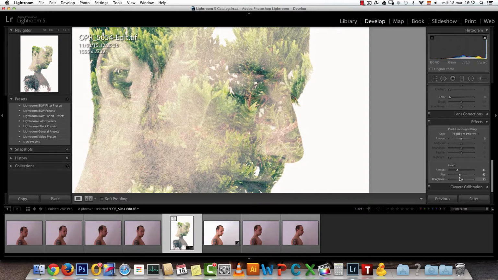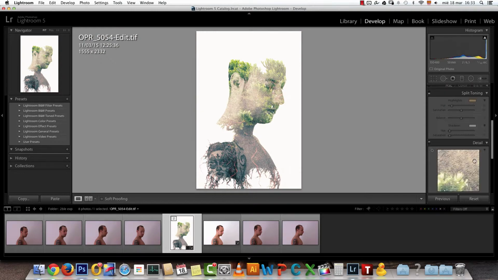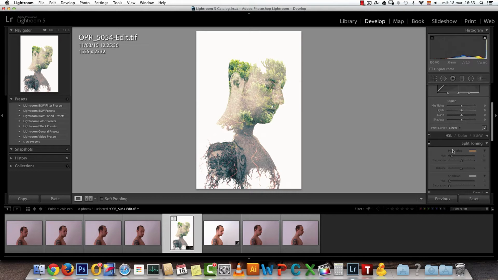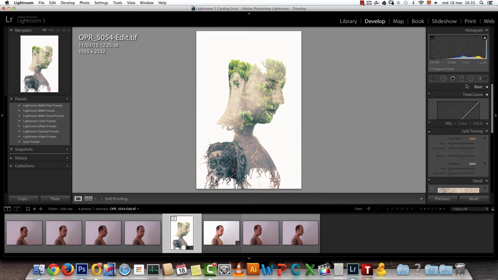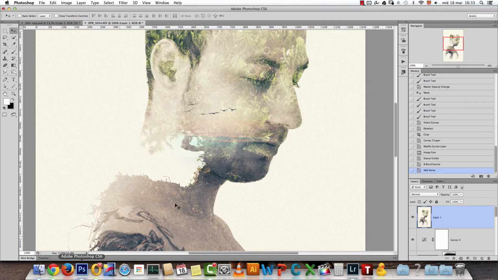That's too much grain. Size like so, and see the before and after, maybe slightly, yeah, like that. See the before and after. It looks nicer to me. Maybe that's too much. Okay, and then some sharpening, and maybe, well, the split toning does not look nice from here, so I would not use it from here. I would make all the color changes here in Photoshop.